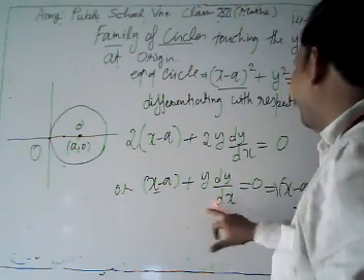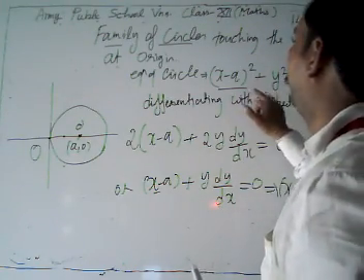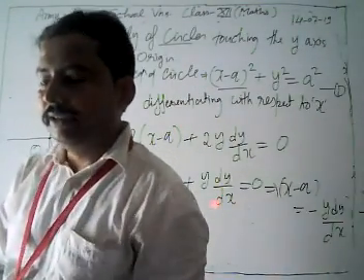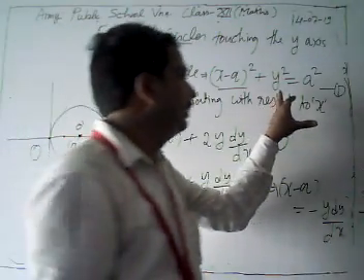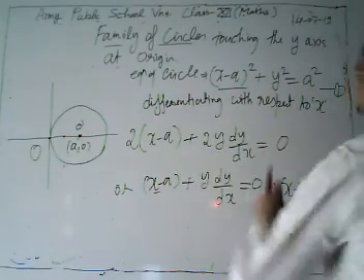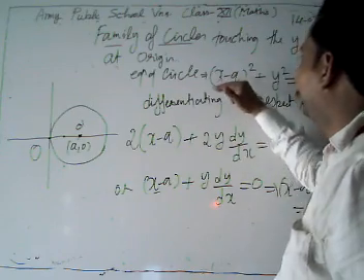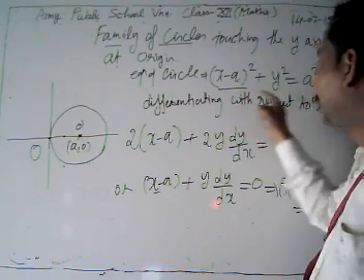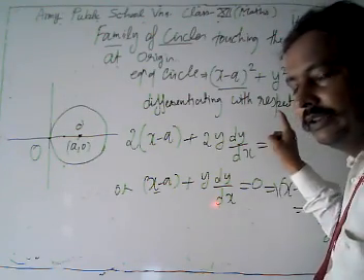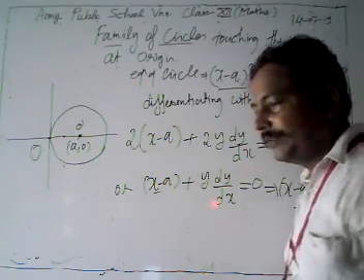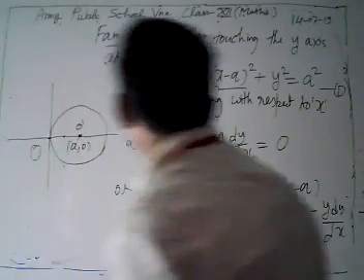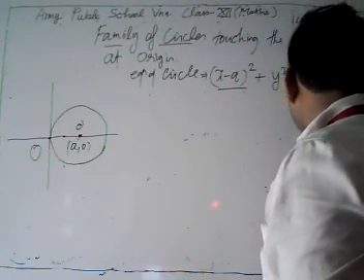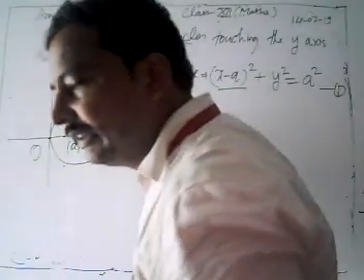Look, we get the value of x minus a. Before differentiating this, first of all, we face a problem: when we find the value of x minus a dy/dx, we cannot get rid of this a square there. So to solve this equation, what we have to do is first simplify this equation, because then we can easily get rid of this a square.